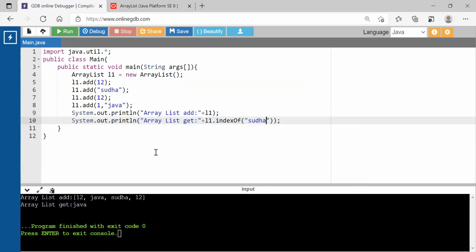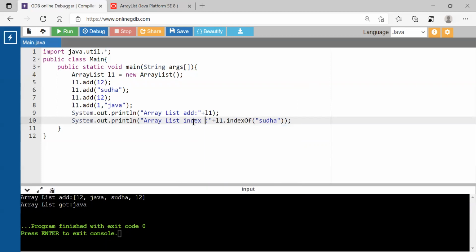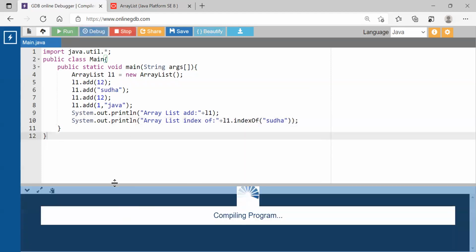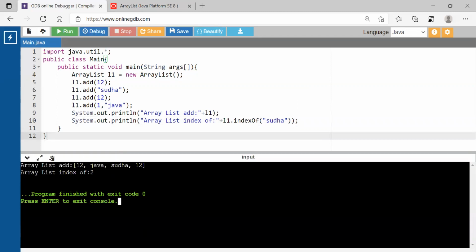It's an indexOf operation. Let us see what is the index of Sudha. The index of Sudha is 2, because 12 is at 0, then 1 and 2, right? So the index of Sudha is 2. This is the indexOf operation.